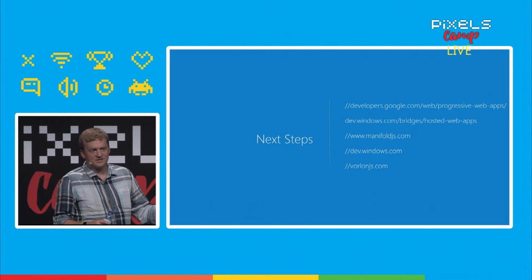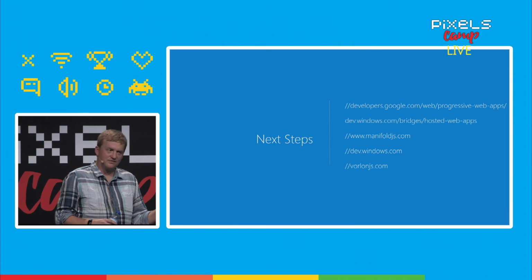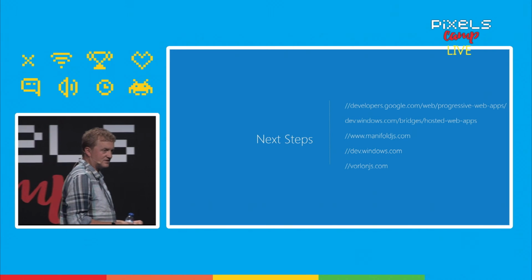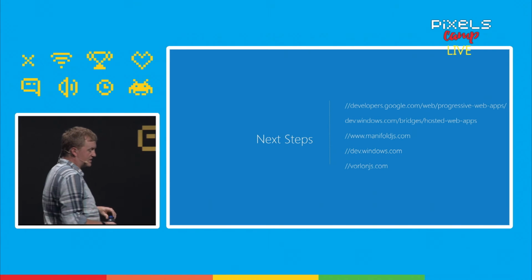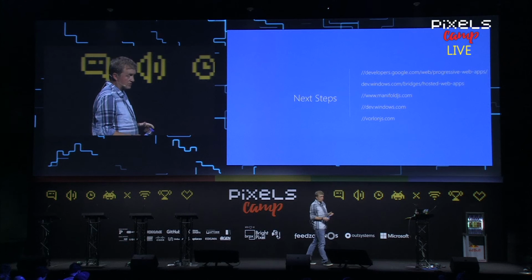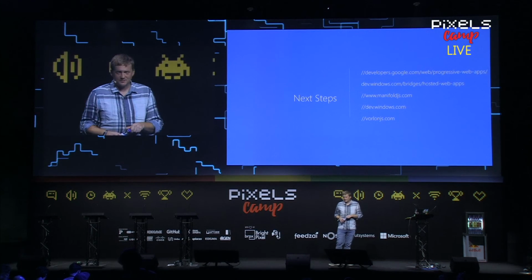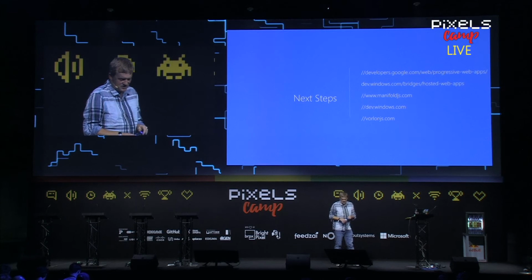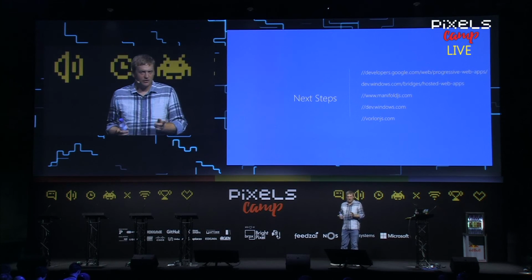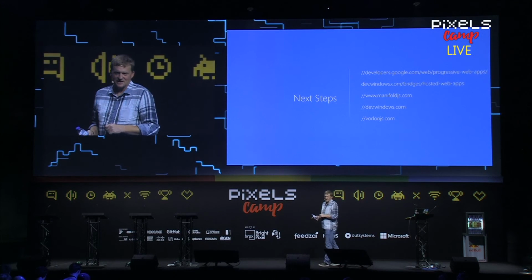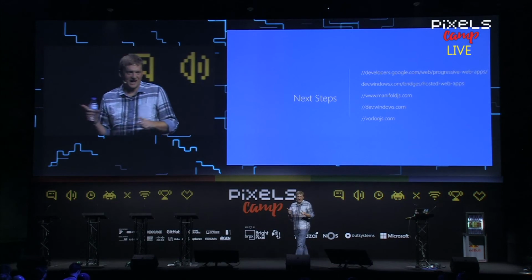And something I didn't have time to talk about today, but you should definitely check out, is Vorlon JS. Vorlon is a framework, or a tool set, that's built by some of my friends at Microsoft and in the community that help you do cross-platform debugging. Now, when we talk about going into app containers on different platforms, on a lot of those platforms, you lose your F12